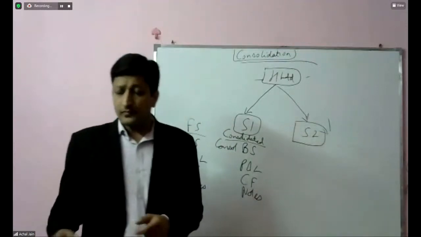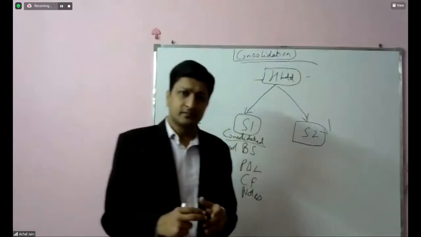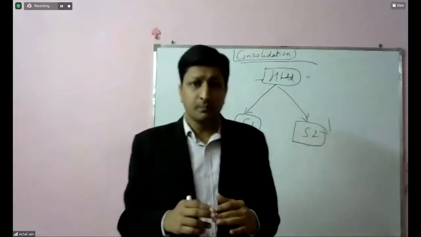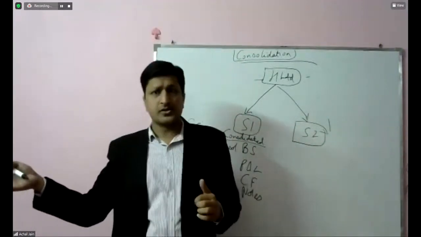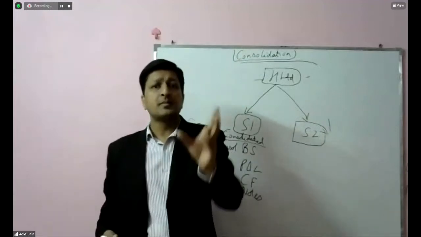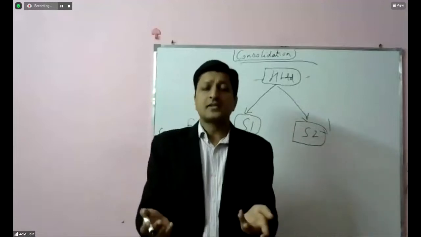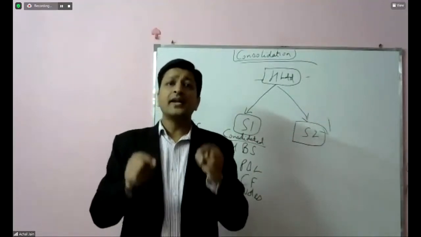Because we need to present the picture of the company only. Any transactions which are taking place inside the company and which are not with the external parties are not reflected in the financial statements. Correct? That's the logic of eliminating